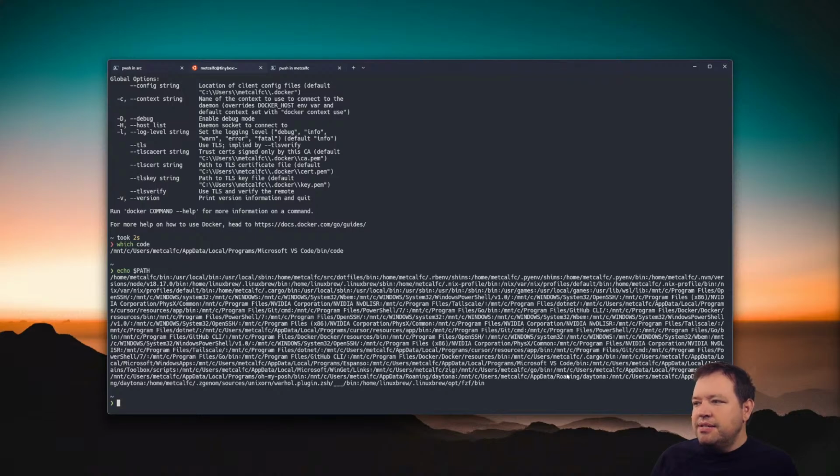That's because the Windows path is actually appended in here and translated over into the mount directories. So everything that's in my Windows path is actually in my WSL2 path as well. And so this is a little bit hectic, but